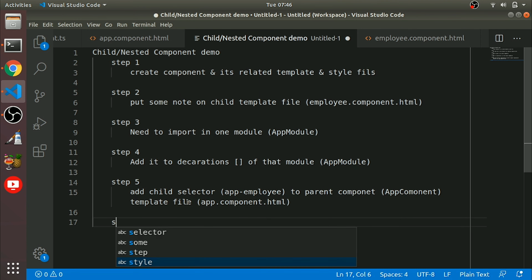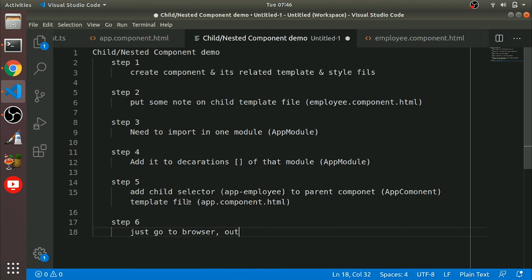Step 6 nothing, just go to browser, output will be there. So that means whatever we have added in step 2, it will display in our browser.